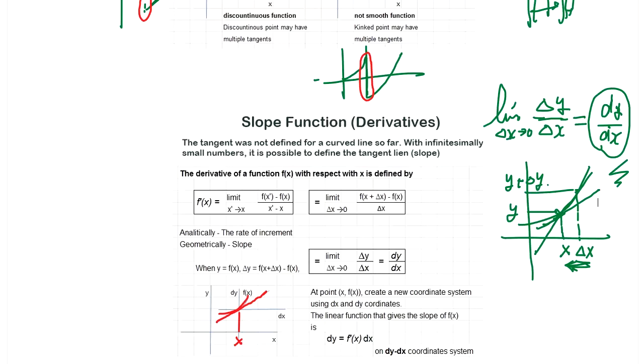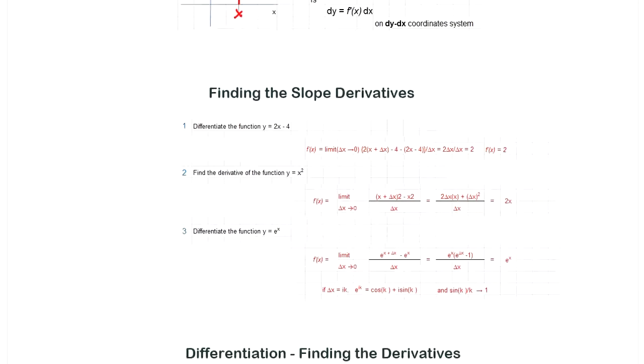So we take a very close value of x and calculate y, which is y plus delta y, and take the ratio. The delta y and delta x both are infinitesimally small numbers, and this ratio we take a limit, then we can get the slope of this single point. Okay,